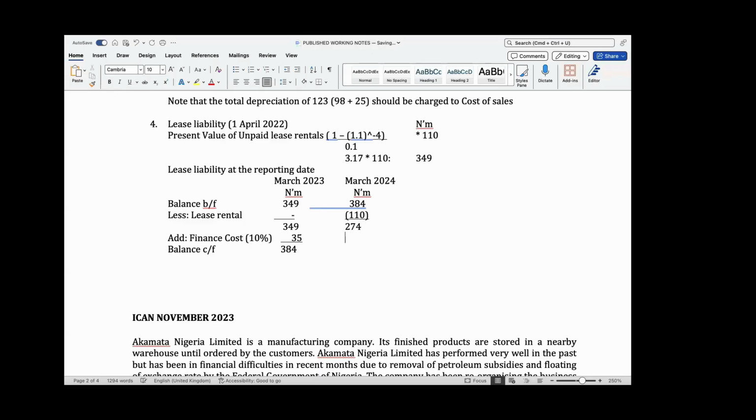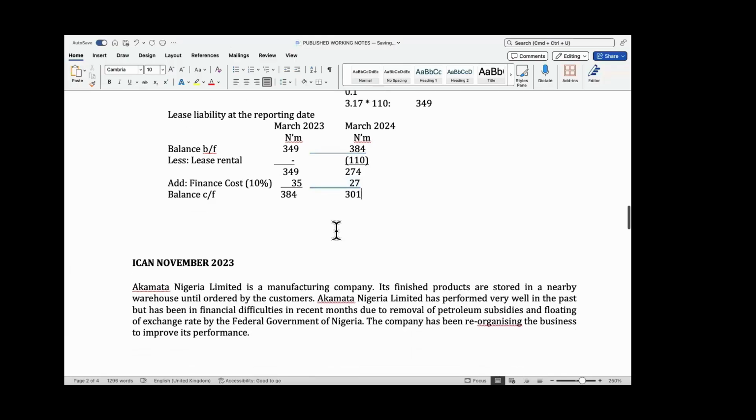And our finance costs is how much? 27. Our balance is how much? 301. So now, when we are doing our account in 2023,